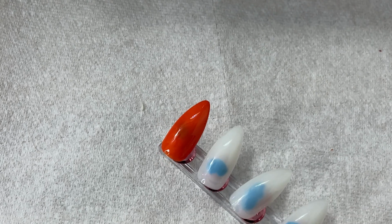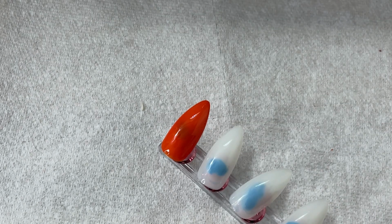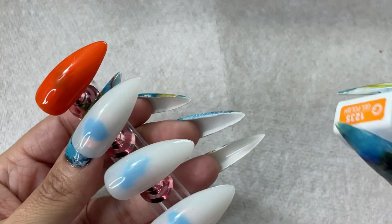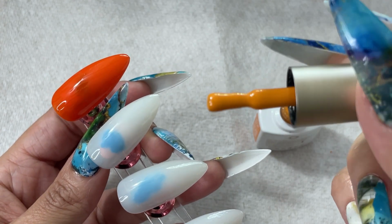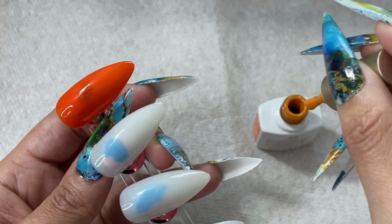So that's 1210. Next we have 1235, which is like a yellow orangey color, almost like a mustard actually, but more on the orangey side, with the orange tone to it. Oh yeah, it definitely looks more like a mustard once I took it out. I use this color a lot too because